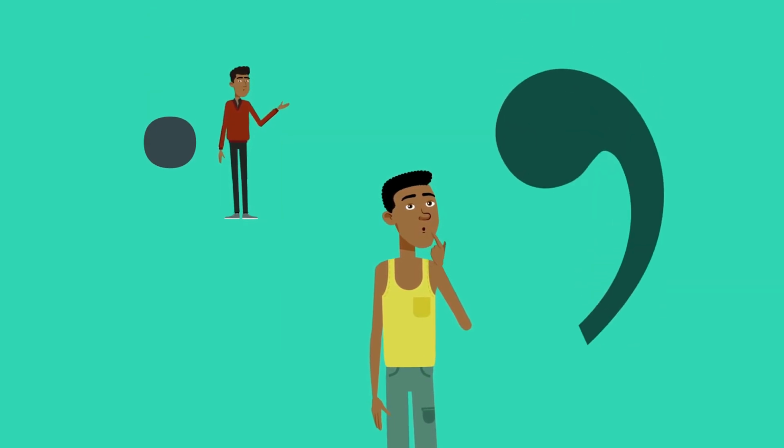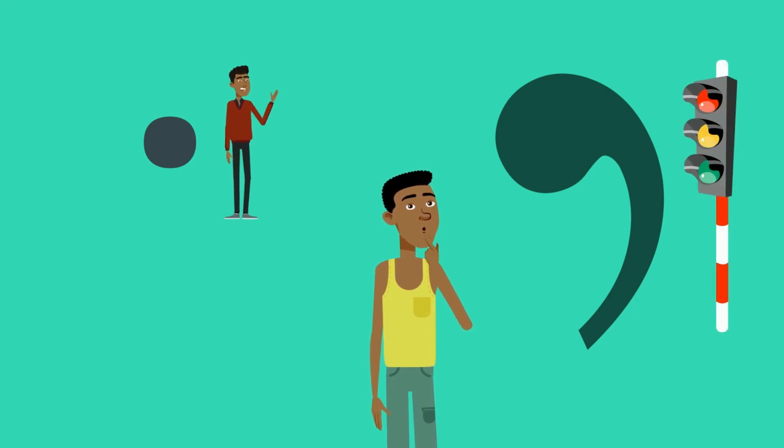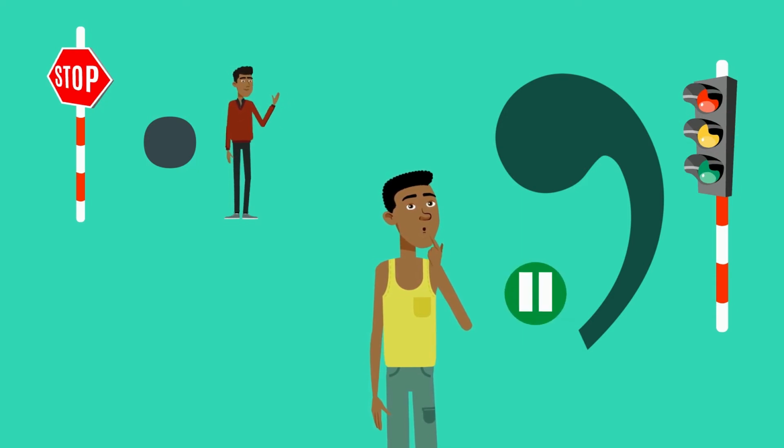The full stop and the comma are the two most frequently used punctuation marks. The comma is not as final as a full stop. It is used to indicate a brief pause. The comma functions to separate a number of basic elements and set off many different kinds of added elements within